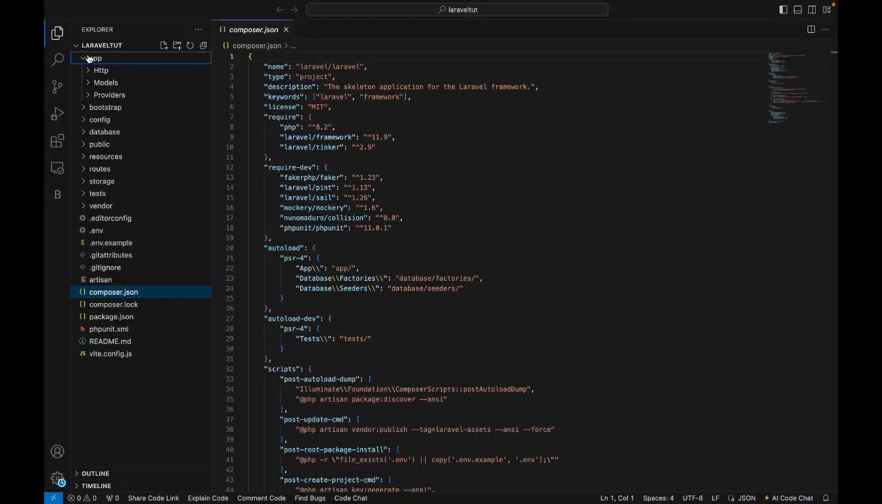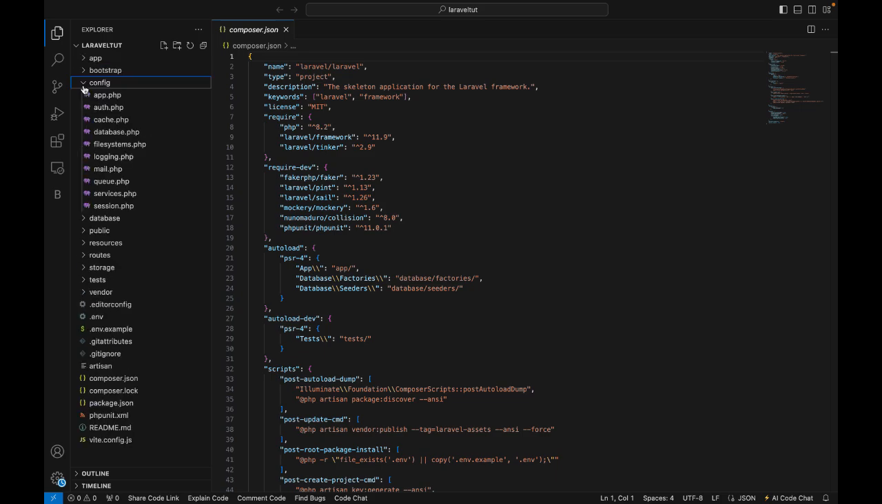Now let's look at the app. The app folder or directory contains the core code of your application. So it contains the controllers, the models, the app service provider, etc. So the app contains the core code of our application. The config directory contains all the configuration files for our application. Then we have our database directory. This contains the database migrations, which anytime you create a migration, it comes under the migrations folder, and also database